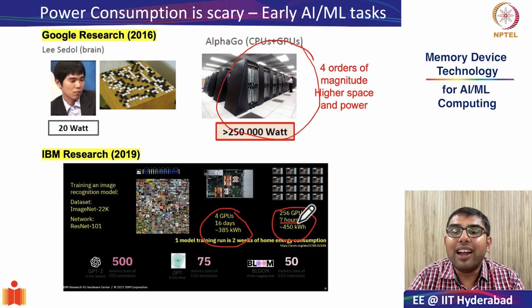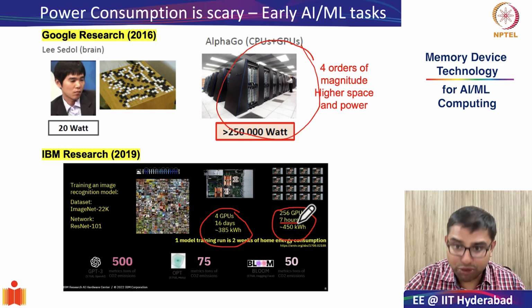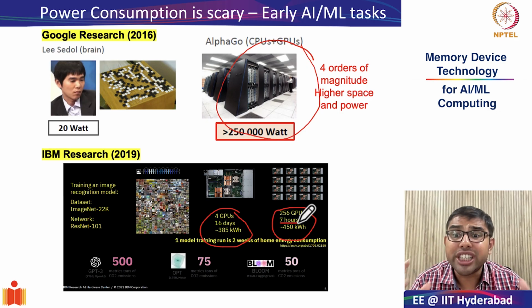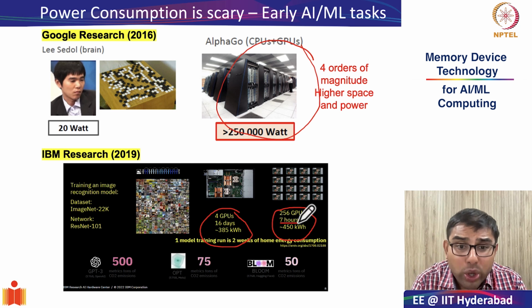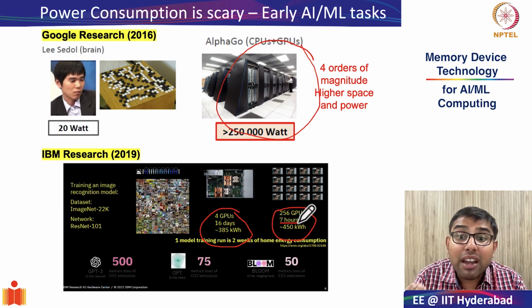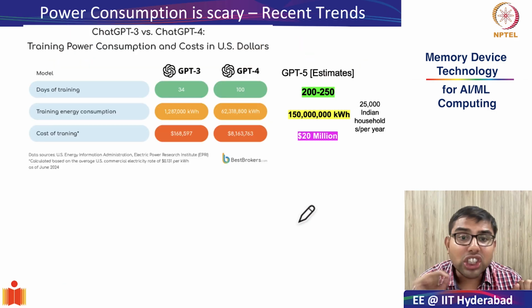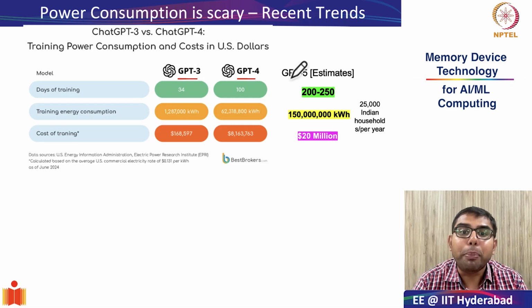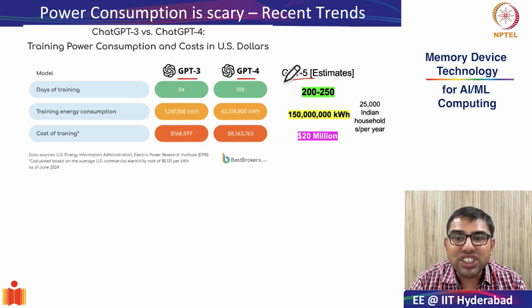When we move to larger scale models like GPT-3, as we will see in the next slide, the carbon footprint runs into tens or even hundreds of metric tons of CO2. So the computational needs and the power needs of AI/ML algorithms have now become unsustainable even in terms of environmental well-being. And this is best highlighted by the comparison numbers of GPT-3, GPT-4, and GPT-5. These are some recent trends.